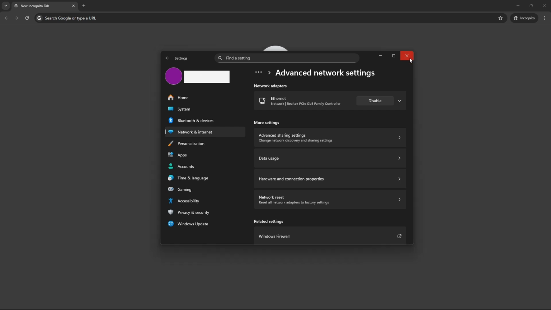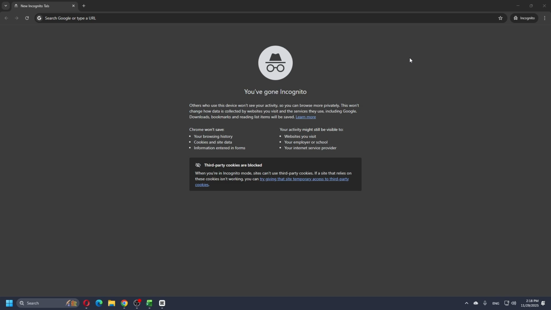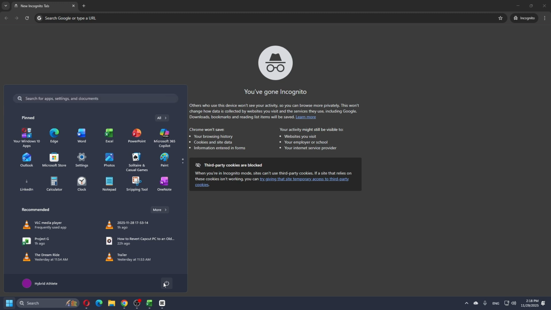And now if it still doesn't work, just try to restart your computer and from here you should be able